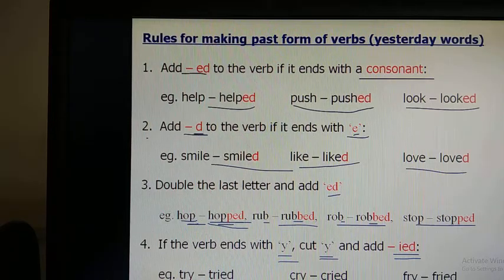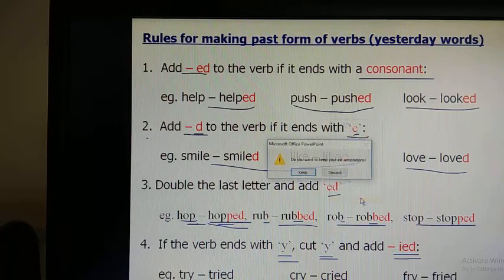So dear children, however, I must tell you, this is not the absolute rule. This is only a general rule. The verbs can behave differently and the past form can be made differently, but this is the general rule which you should be following. Now I will show you